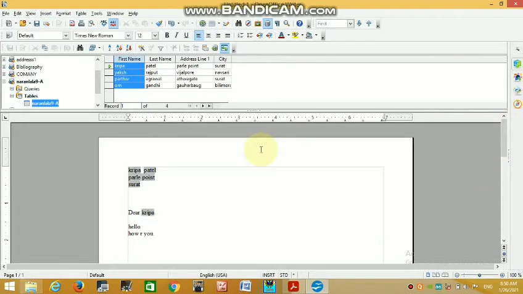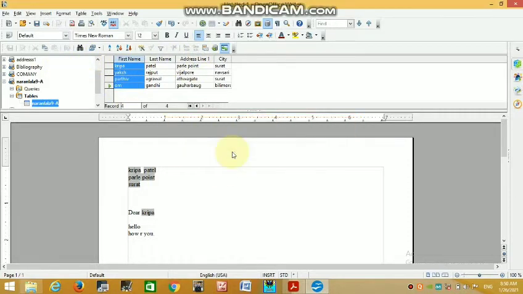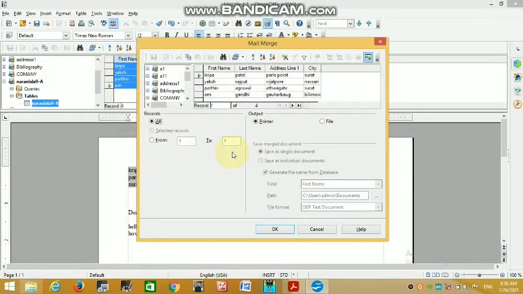Okay, like this we can create all our documents. Now we can take a print, all from 1 to 1. Save as individual document. Then you can save this file as an individual document.